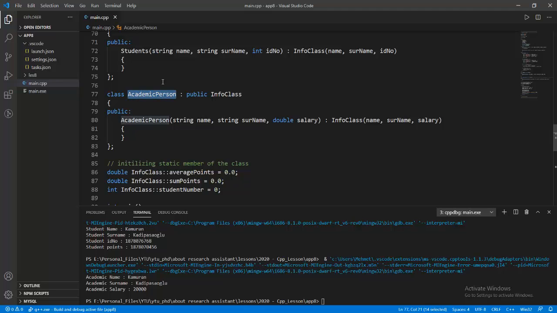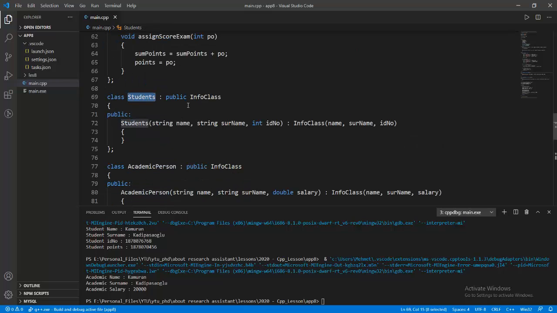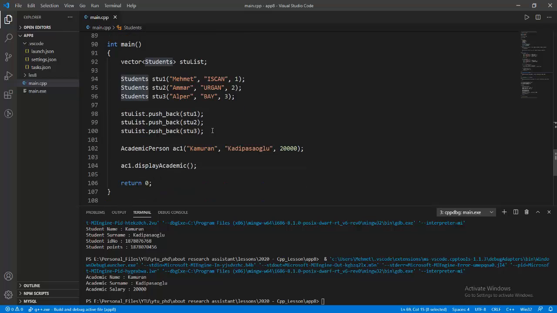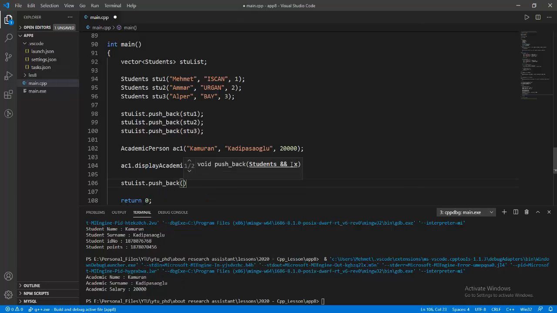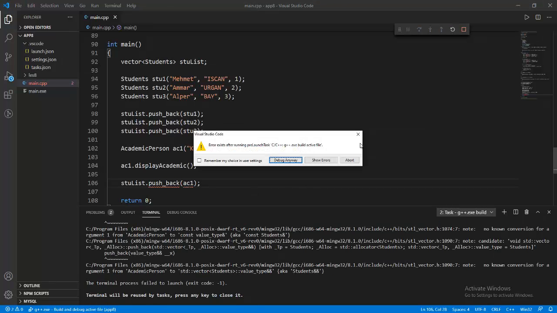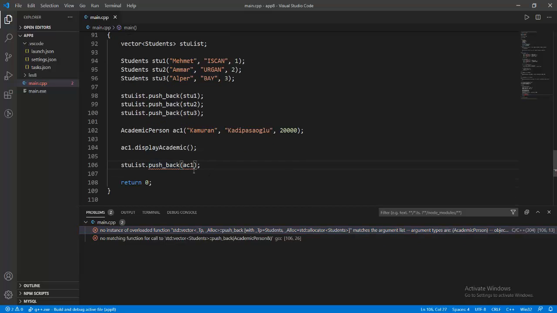It's the derived class of the info class, and students is also a derived class of the info class. And so what happened? The student list push_back function is called by ac1. Okay, what happened? We have an error, because no instance of the overloaded function matches the argument list. Which means that the compiler tells us we cannot use this function